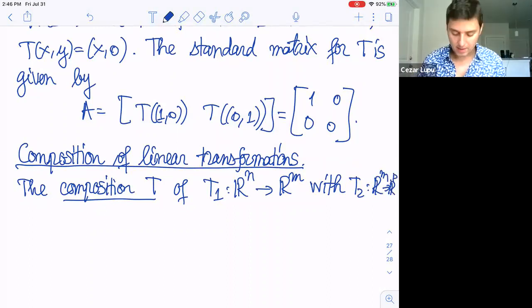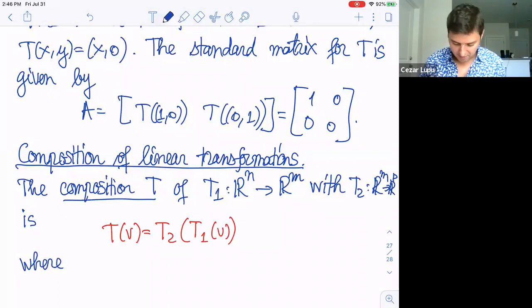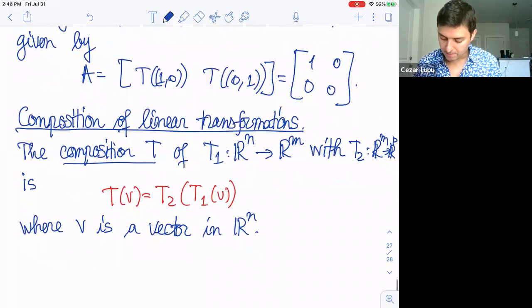Pay attention here, T of V equals T2 of T1 of V. That's what we call the composition, where V is a vector in Rn, right? Because look, T1 of V, and V will live in the domain of T1, which is Rn, right? This composition